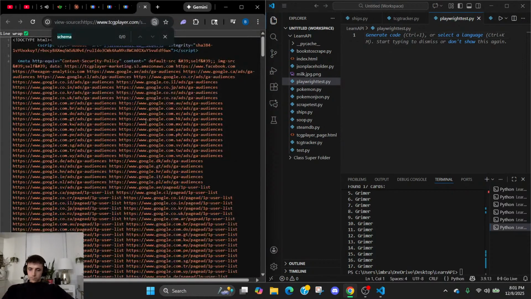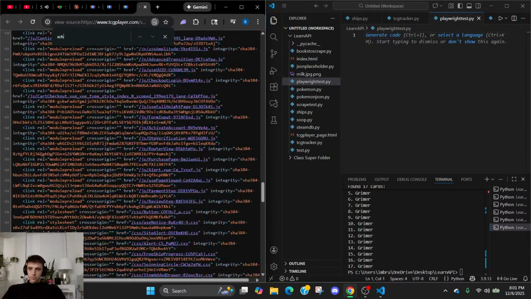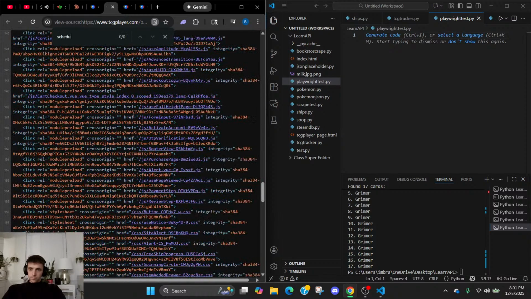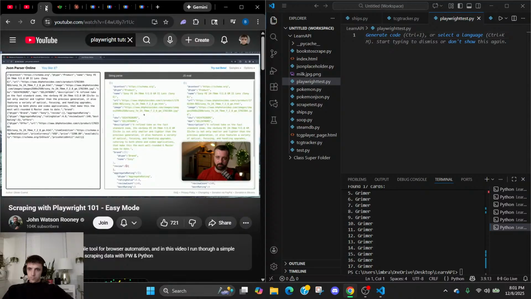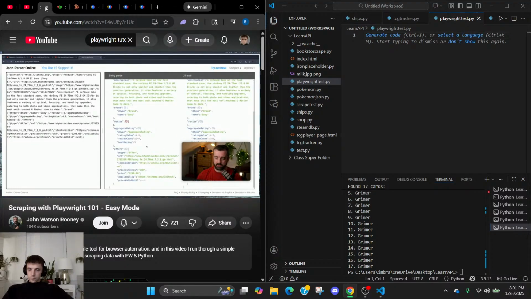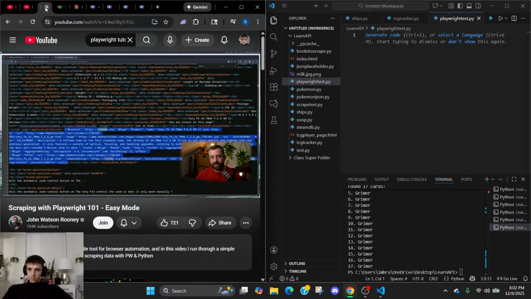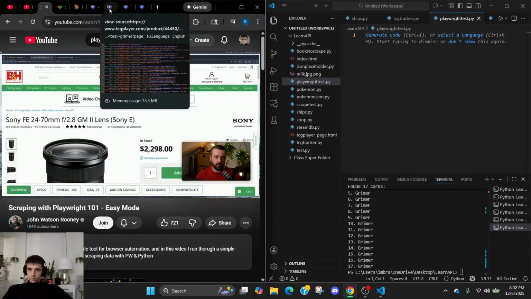So if I copy this and we go to a JSON parser online, paste this in, if I copied the whole thing rather, like this, paste it in, it's valid JSON, and you can see that this is all of the information we could ever want from this product. It's basically the schema, which is standard. So this is very, very good for us to have. So I'm going to close that, and that's how we're going to get the product information from each of the